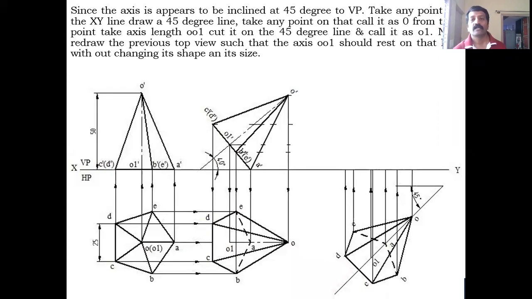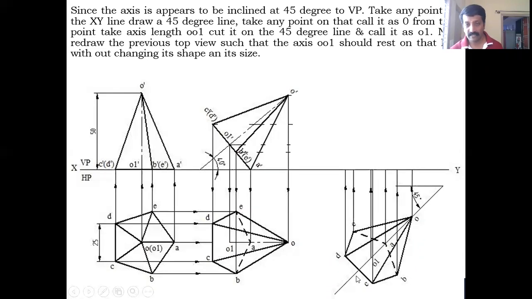So that's why you take the right side on the XY line, and you take a 45 degree line from any point, in any direction you can take. On that 45 degree line you take the apex of the pyramid, O. Now from O to O1, you take this distance and cut it. Okay, so you get O to O1 here. Next, O to A you cut on the same 45-degree line, so you get A here. Okay, A, O1 and O, all three points.